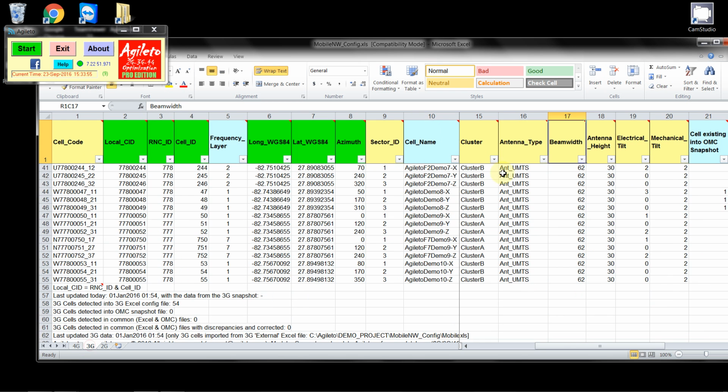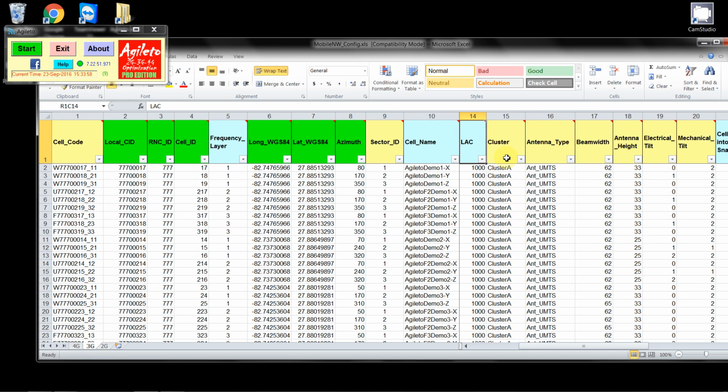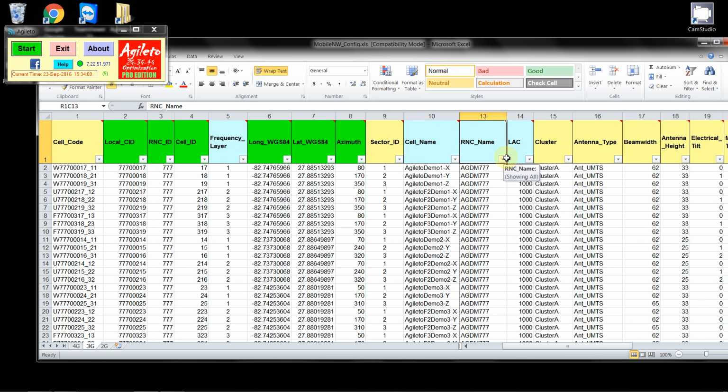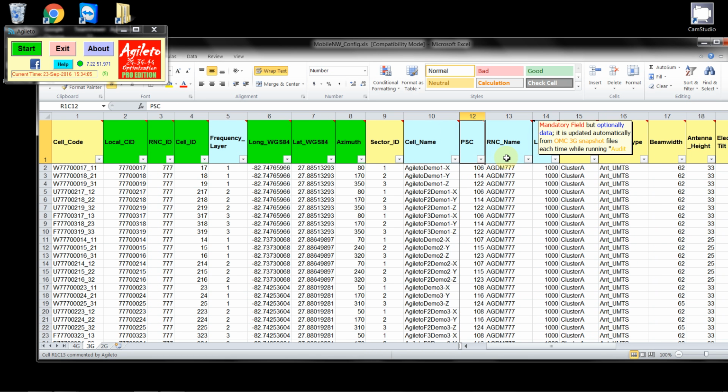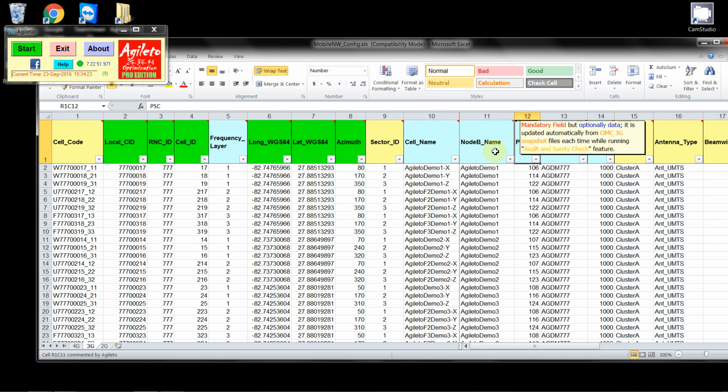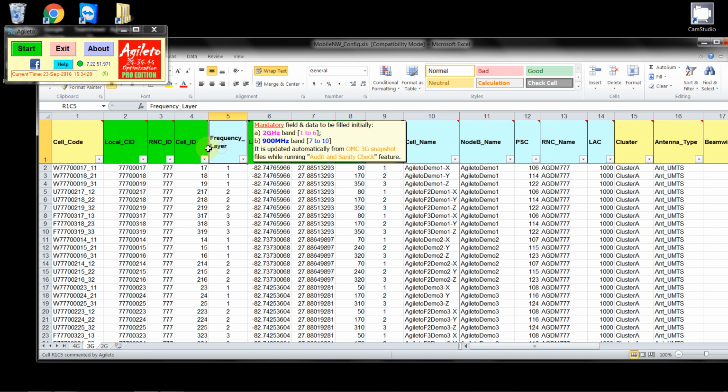Now let's come back to the 3G. So we have cluster, we have the LAC, and this is something that is important to remember, because these options, for example the LAC and the RNC, are going to be used as options for how you want to group the sites or the cells in 3G. And you have the primary scrambling code, the node B, the cell name, sector ID, azimuth, latitude, longitude, frequency layer. And about the frequency layer,